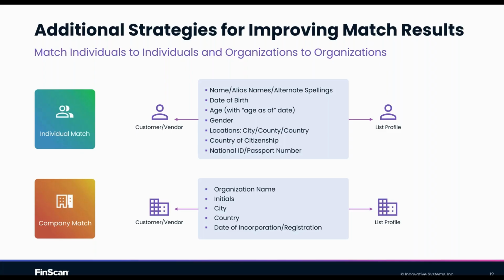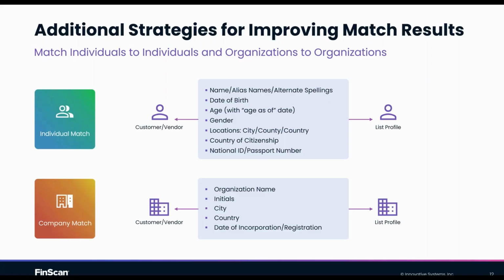And we often see people trying to take the approach of saying, well, I'm just going to take a record and screen it against all the records on the list. And then you lead to what I commonly call cross-matching. I've screened John Smith, and I've managed to match John Smith to John Smith's Plumbing Limited, John Smith Butchers, John Smith Brewery here in the UK, which is actually a real brewing company. It's unlikely that our customer, John Smith, is also going to be the underlying owner or managing director of those three companies, just by virtue of the fact that his name is also part of the company name.